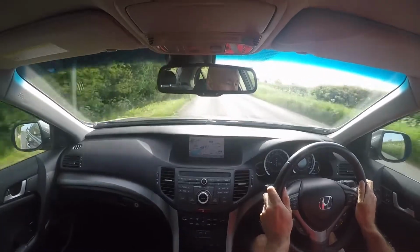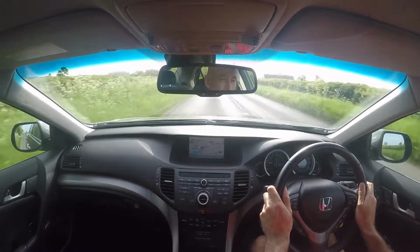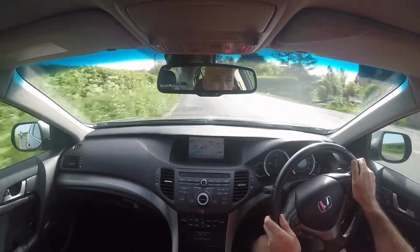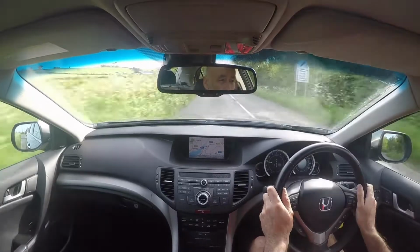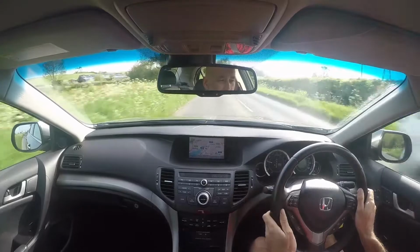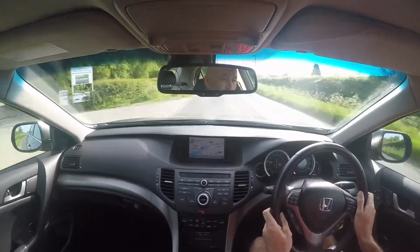This particular car has been very well looked after. All its servicing up to this point was done by the Honda dealership. We'll be servicing the vehicle, although it's not quite due yet, once this road test is completed. Only a couple of owners on the car, and it shows immediately, because the car drives absolutely